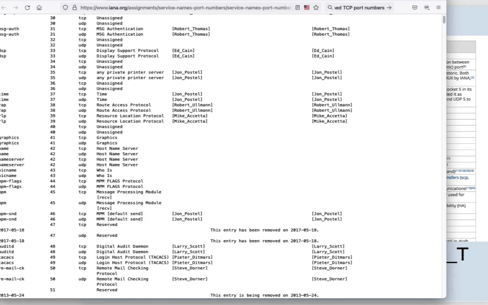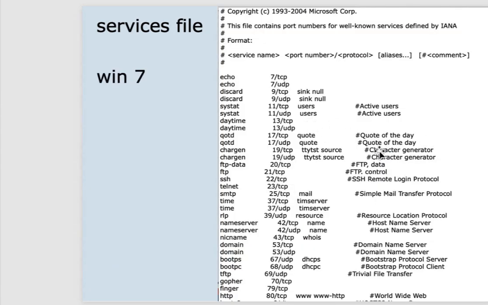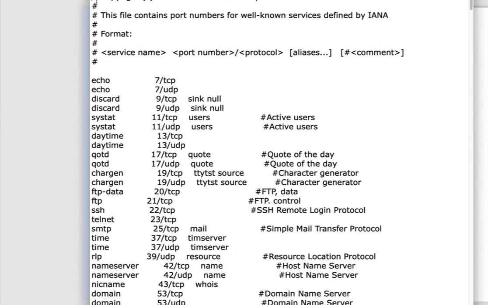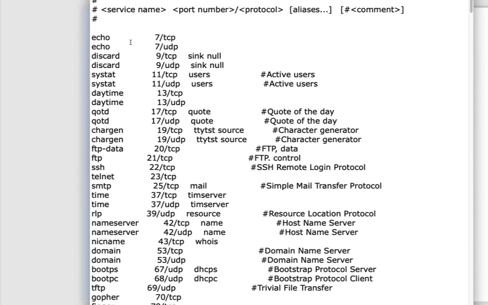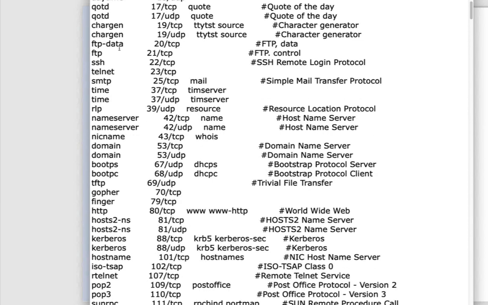So let me take a look inside the actual hosts file of my local Windows 7 computer. So here's that file. It's a text file, and I could actually edit it if I want to. Say, for instance, we have our own local server for web information for our company. Well, I might add a listing in there. In here, there's no listing for HTTP. There is a listing for HTTPS.